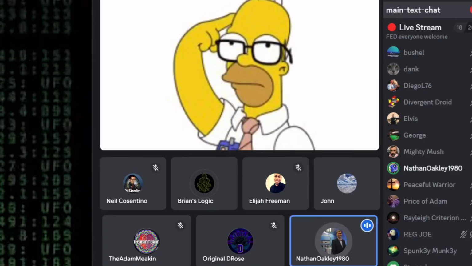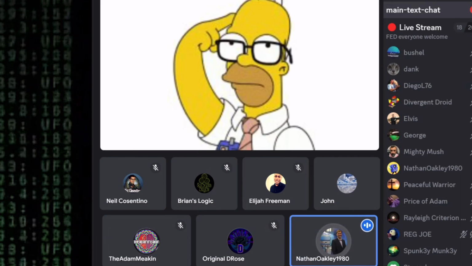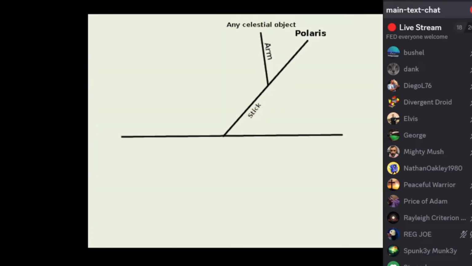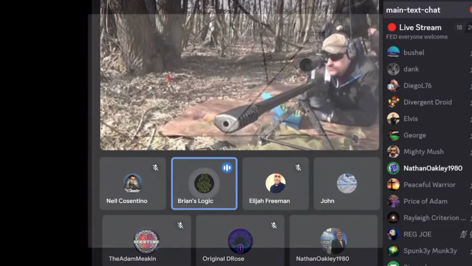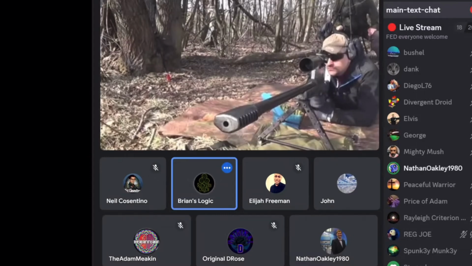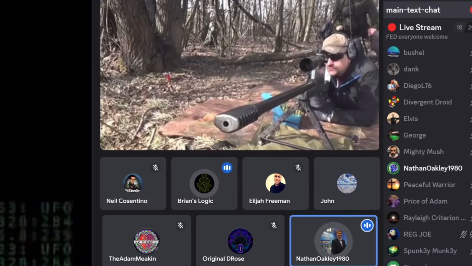Very simply, it debunks the globe because the stars are not moving in accordance to this stick and arm pointing towards the star. They are not moving in that manner. So if you remove the Earth, the manner you're talking about, like you're trying to say it'll debunk a globe. How will it debunk a globe when the example I've given you is they'll be using a flat stationary plane for all their calculations? So that's what you're claiming. So how can it debunk that without debunking flat Earth as well?